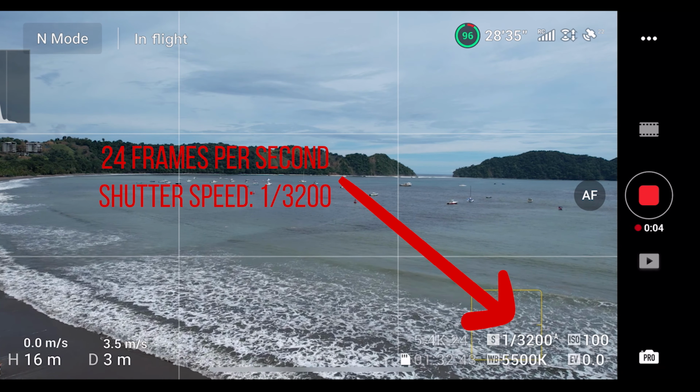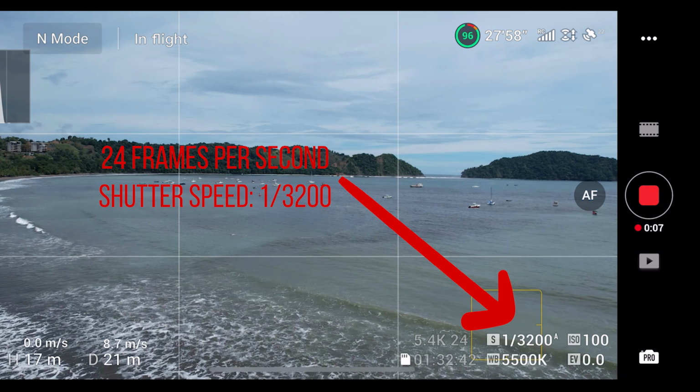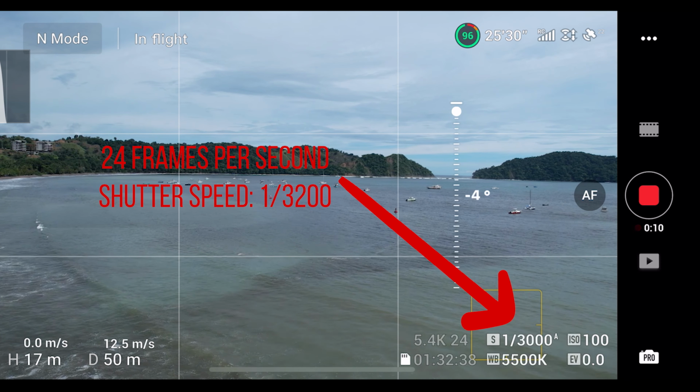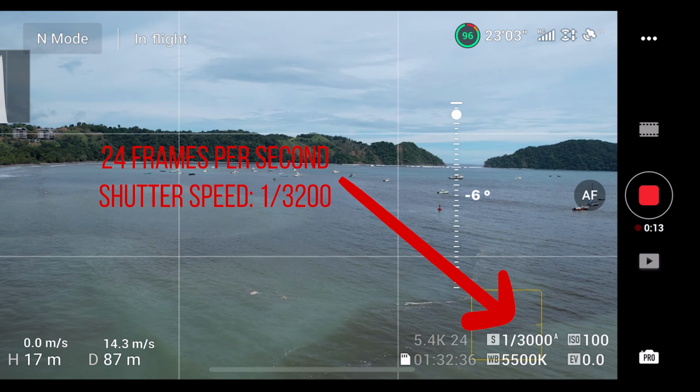For the most part, we are going to be using ND filters when we are shooting videos, normally during the day, but not when it's dark. Now, during the day, to get a good exposure without ND filters, we are going to have to use higher shutter speeds. But this will usually result in videos that are jerky and not smooth enough, and you're not going to have motion blur on your video. This will also depend if you're flying close or far away from your subject. If you are flying far away and there isn't a lot of movement on your frame, you're not going to get motion blur anyway, so it probably won't matter that much.